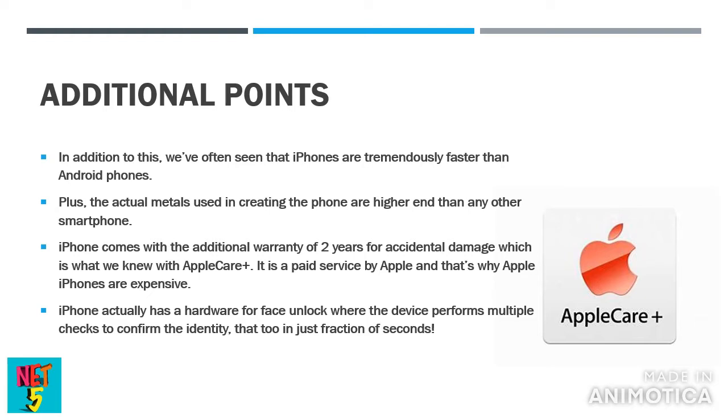Plus, iPhone uses actual metals that are higher end than any other smartphone, which means the metals used in making of those phones are comparatively expensive. Unlike the cheap or less expensive metals and materials used by other smartphone companies which make Android phones. So that is another point. Moving on,